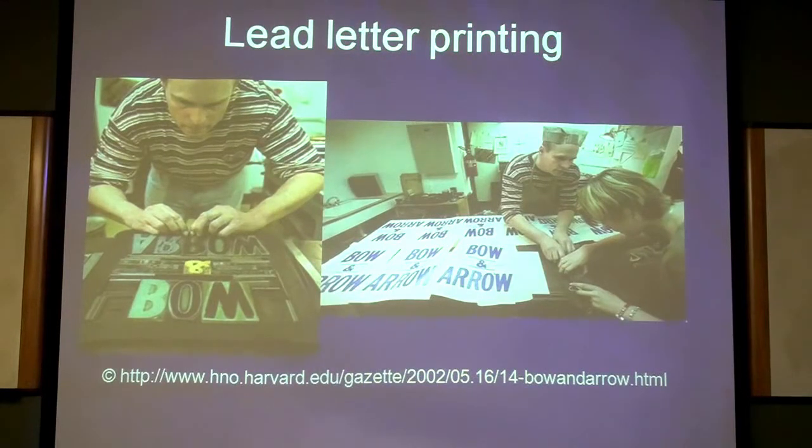a printing enthusiast at Harvard University. So you see that they assemble some text using these big rubber letters, and then they should assemble a mirror image of the actual page. So this is very tedious work. And after they assemble that, they have to fix it. After fixing, they apply blue color on top of these letters. And then after that, they apply a piece of paper.